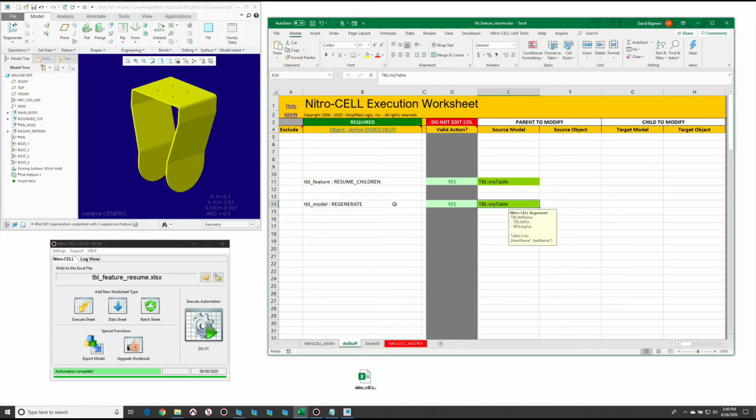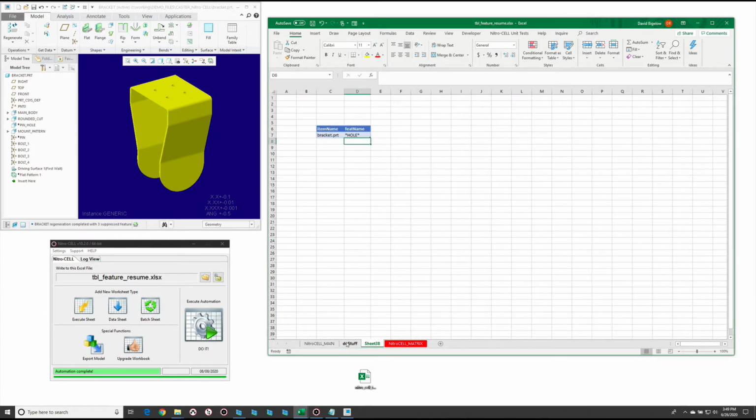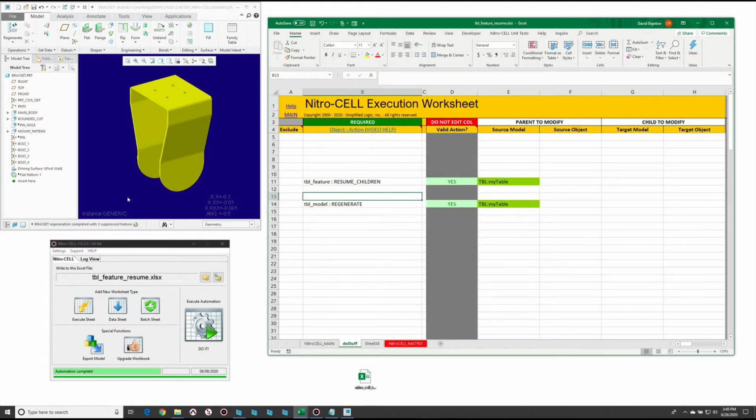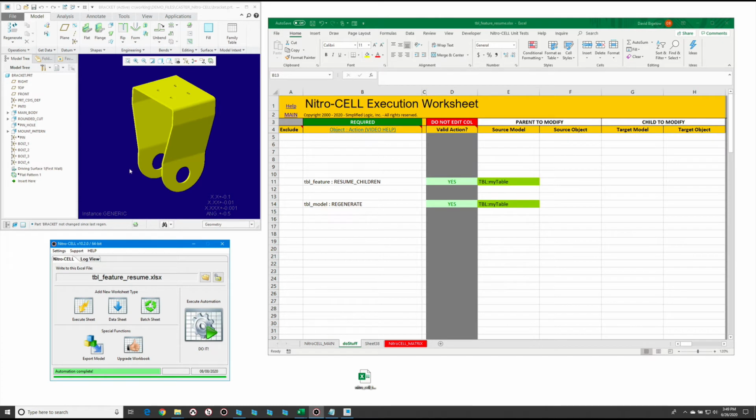that same table. What this is going to do is resume the features in this model, because that's the only model currently in the table, and it's the same one that's in session. Then we're going to regenerate when it's completed. So I'm going to say do it, and you'll notice that the features did resume. I just did a manual refresh of the screen to show that the child of that did resume